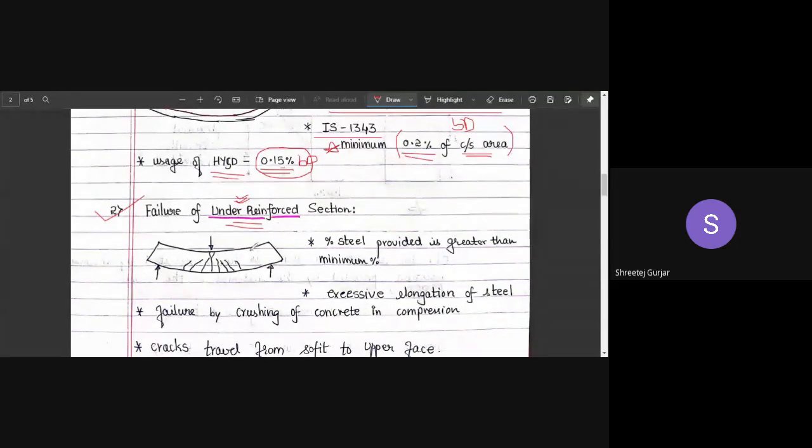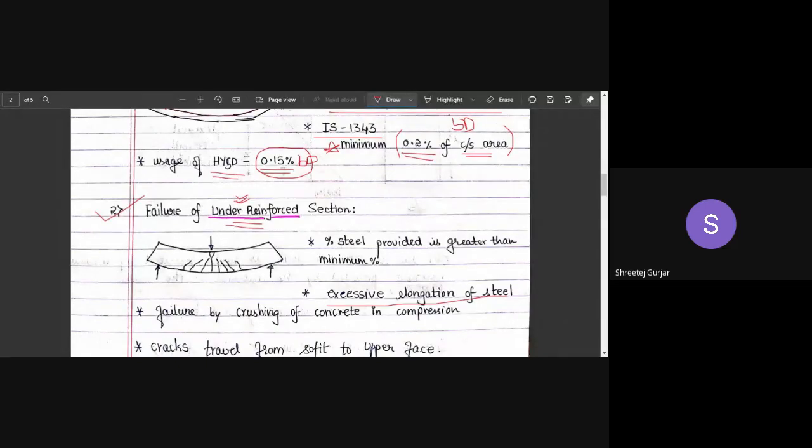Because it will give excessive elongation before failure, because your beam will undergo excessive elongation, particularly the steel. When you have loads acting on it and it starts to bend, when your load exceeds a certain value, your beam will go under excessive elongation. Particularly, your steel will go under excessive elongation, which will give you time. It will give you warning before failure, so that you can leave the building before the beam fails. Or else you can also take countermeasures to make sure that the beam or the structure does not fail.